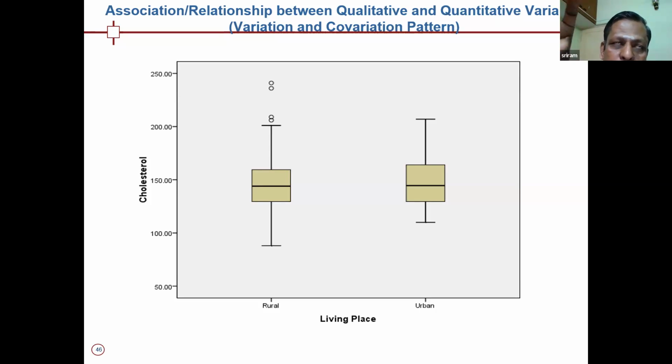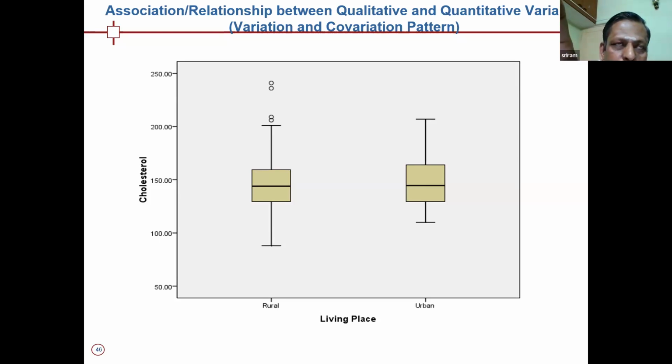Here the statistician alone will not decide on that. Only the domain expert can go back to the data, see where the data comes from and whether it is really correct, because it will impact your statistical test. It will change your statistical conclusion. So you have to be very careful with outliers, and the box plot will give you the outliers visually. Go to that value, approximately 249 or so.